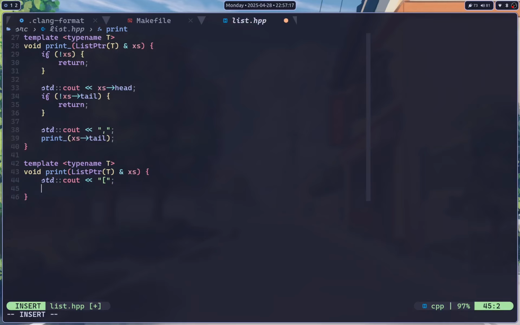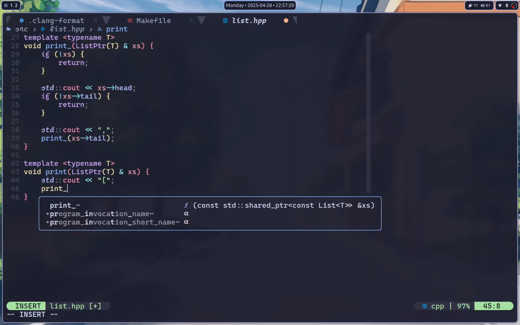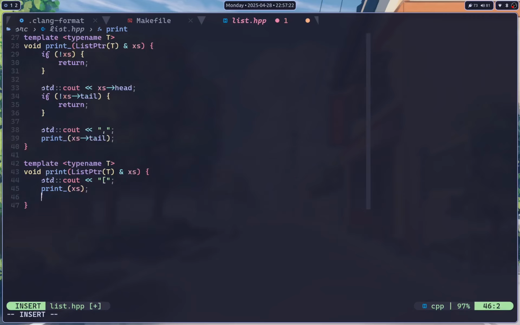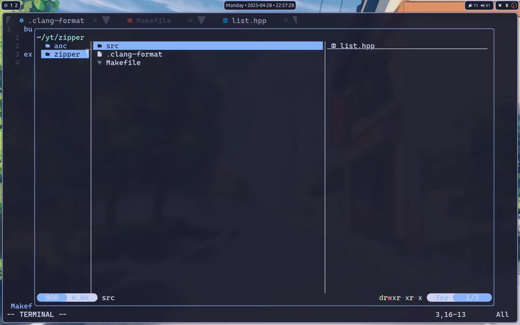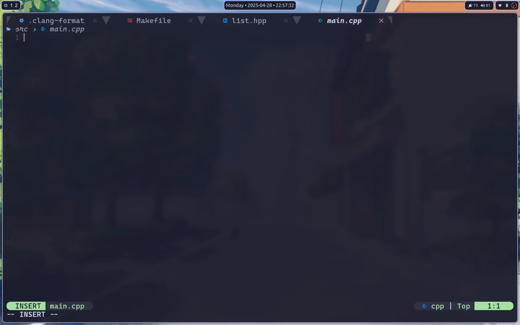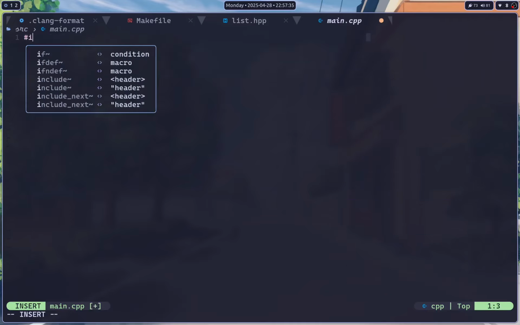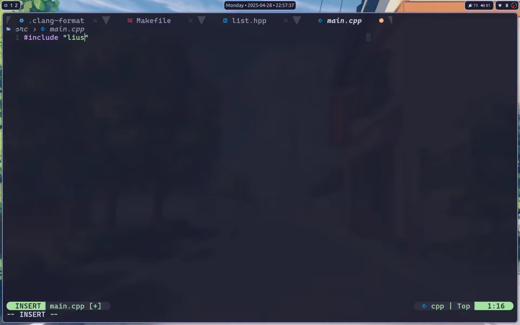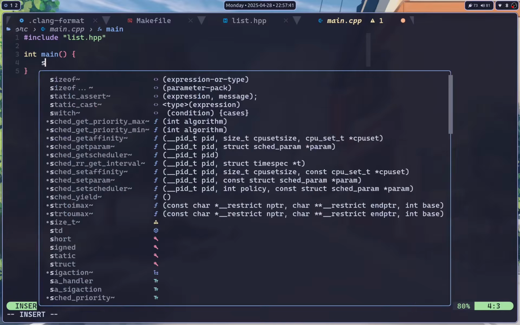We're gonna cout a starting bracket. We're gonna print our x's, and then we're gonna say standard cout a closing bracket. All right, that sounds good. Let's come over here and let's make a main file. So up here, we're gonna include our list.hpp, and we're gonna say int main return